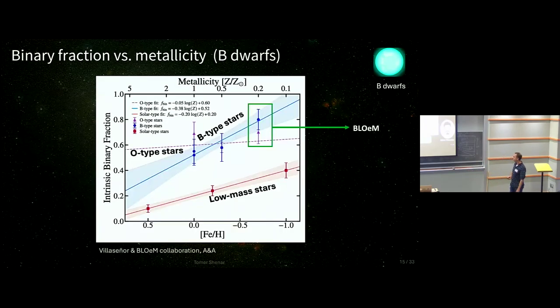And you can look at the same diagram as before, this time plotting this 85% on this diagram. You can argue if there's a trend or not. I wouldn't rush to any conclusion. Hopefully with the full data set, we could shrink these errors and maybe say something more meaningful. All we can say for now is that it's probably a safe bet to say all massive stars are binaries, at all metallicities.